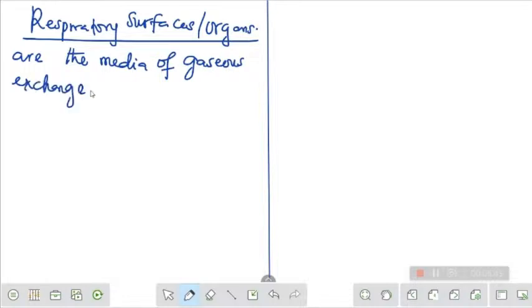That is, they are the place where the gaseous exchange takes place, because we cannot say respiration is taking place in one place, but we can say we have a respiratory organ. So that's why we are not using respiration here, we say gaseous exchange. Gaseous exchange is different from respiration. I hope you understand. But we can say gaseous exchange is part of respiration. So they are the media of gaseous exchange between the organism